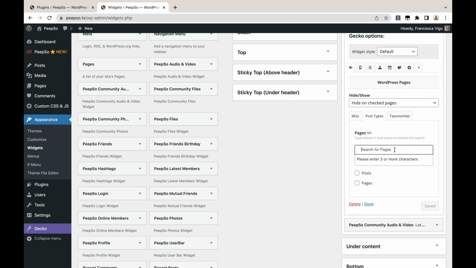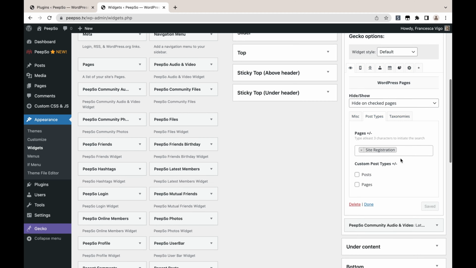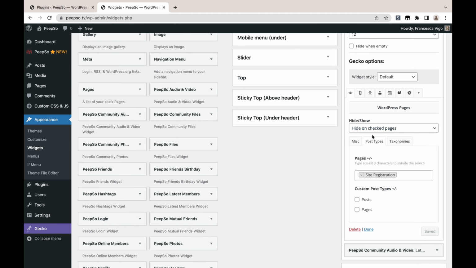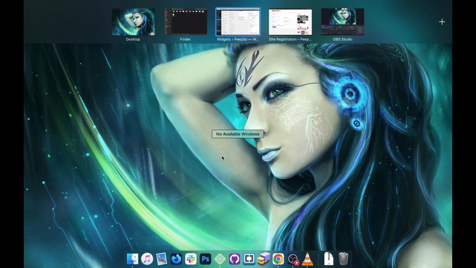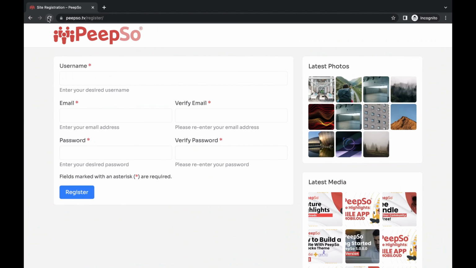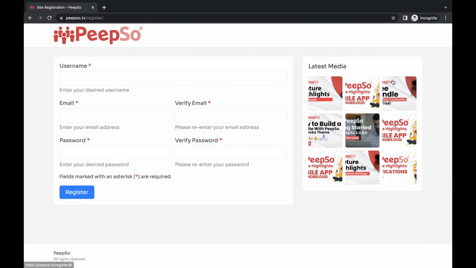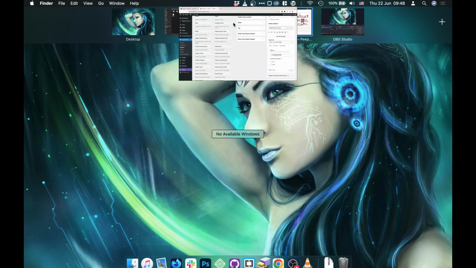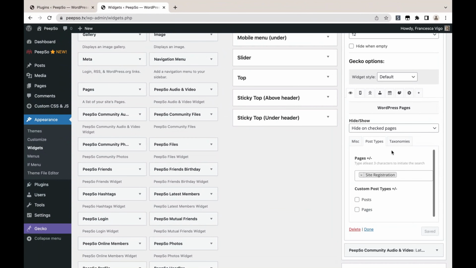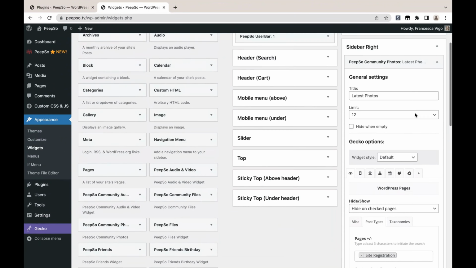Okay, I'm going to search for registration, site registration, and say hide this widget for the chat page in the post type, pages plus minus, and then I manually searched for the registration page. All right, so let's refresh this, and the photos widget is gone, just like that. Let's do that for the other widget,